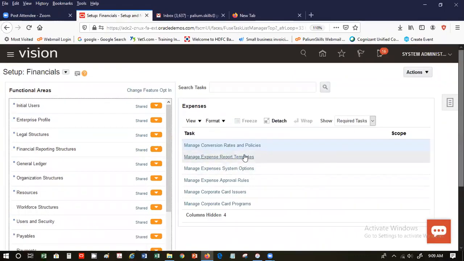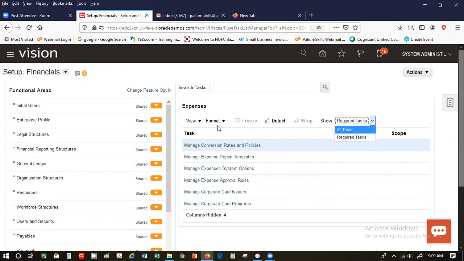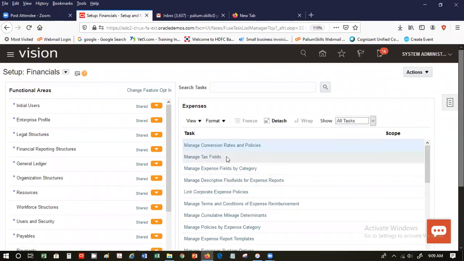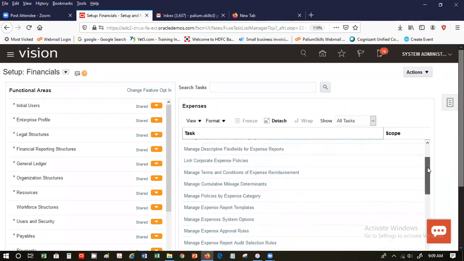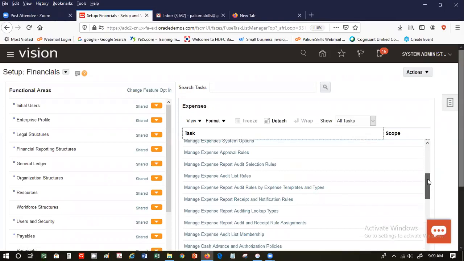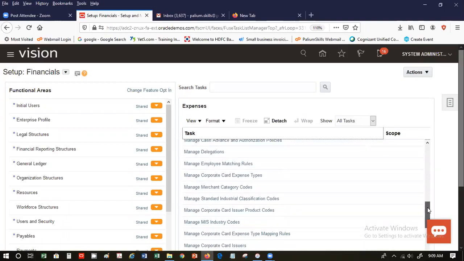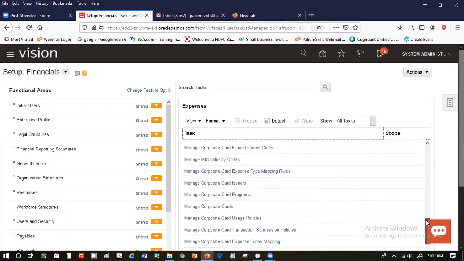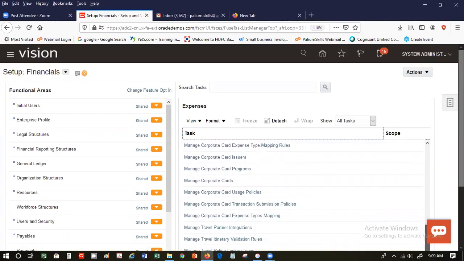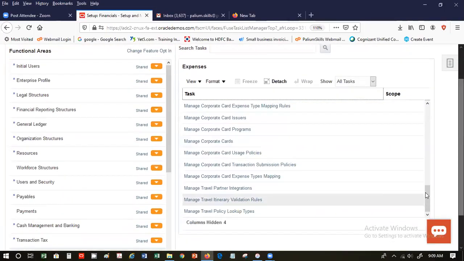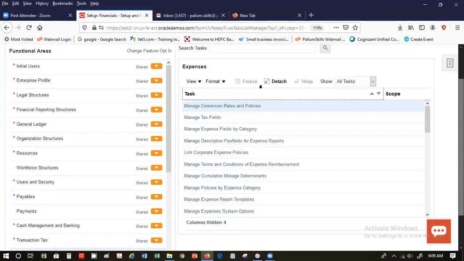The other option is when we go to all the tasks that are there. Okay, now this is the setup for all of them. There are tax fields which have to be enabled. So let's say